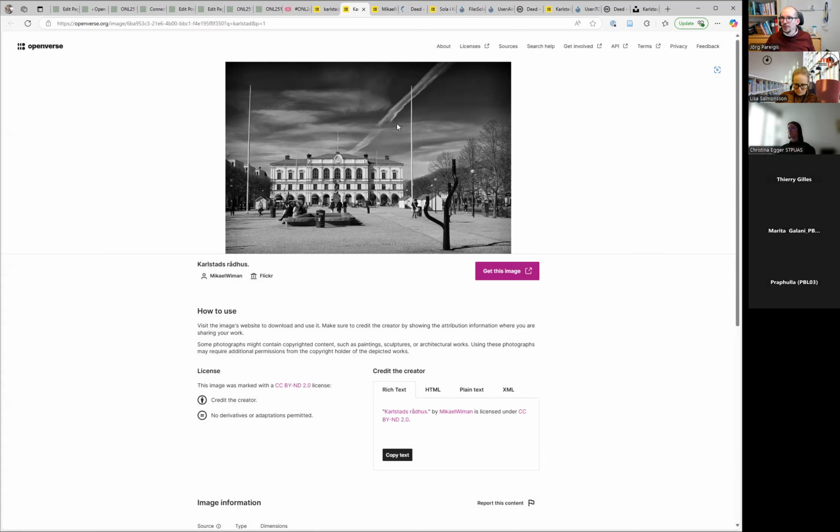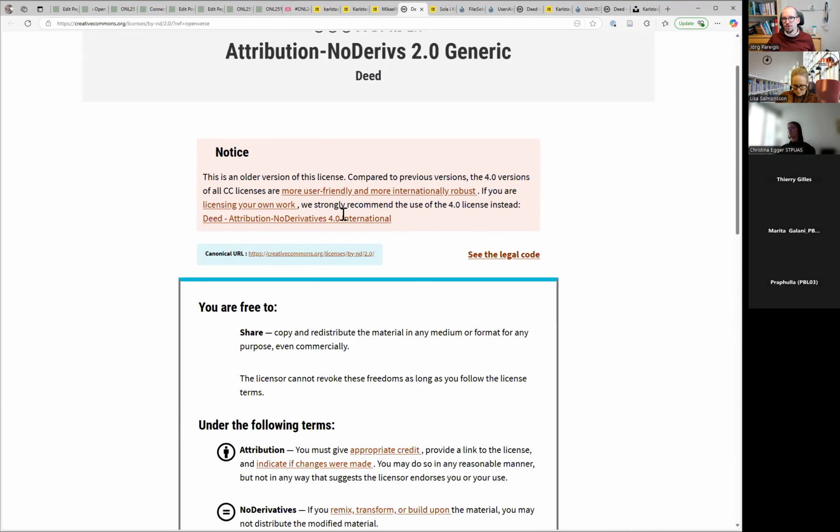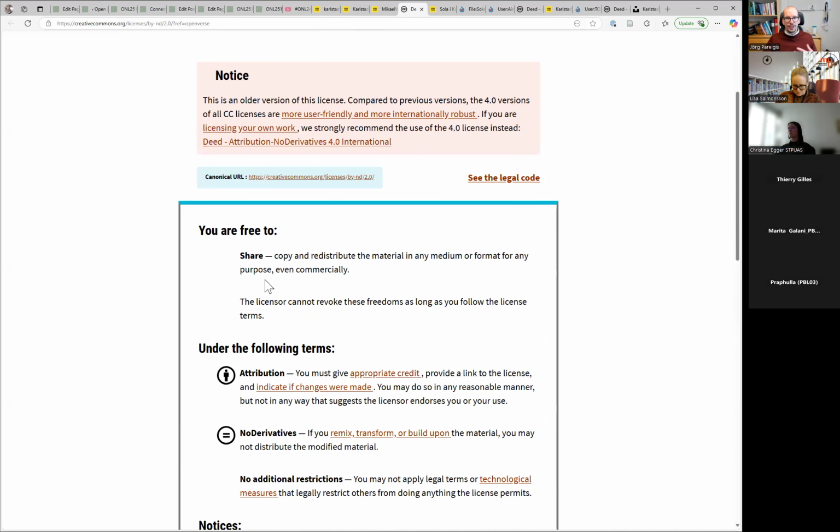So if we go to the deed, the text, what am I allowed to do? I can copy and share this picture and redistribute the material in any medium and format. I can still put it on my coffee cup. I can still print it out.